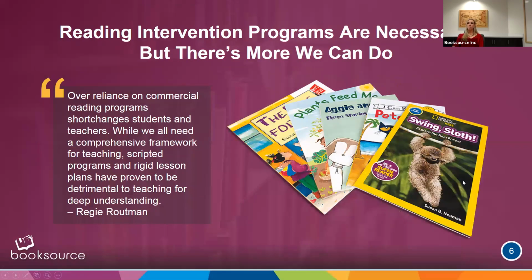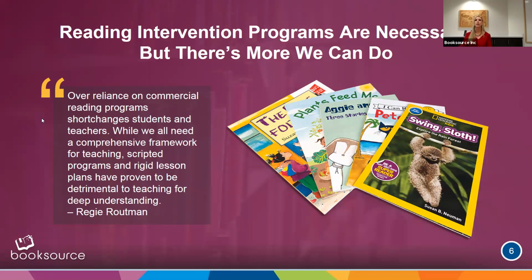So with that in mind, we know reading intervention programs are necessary or helpful, but we don't want to just leave it at that. We want to make as many efforts as we can at bolstering engagement and keeping our students